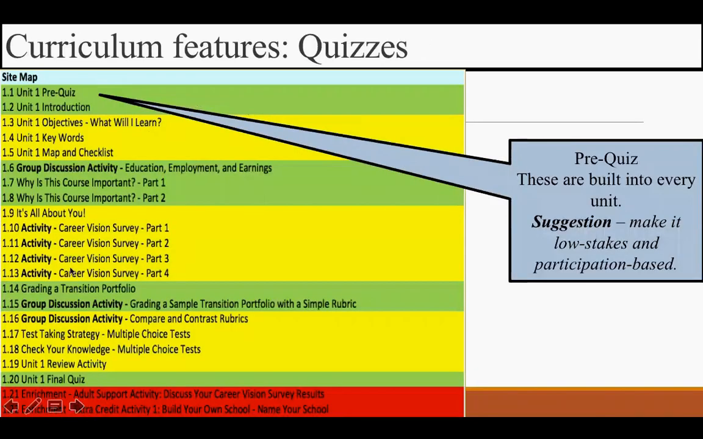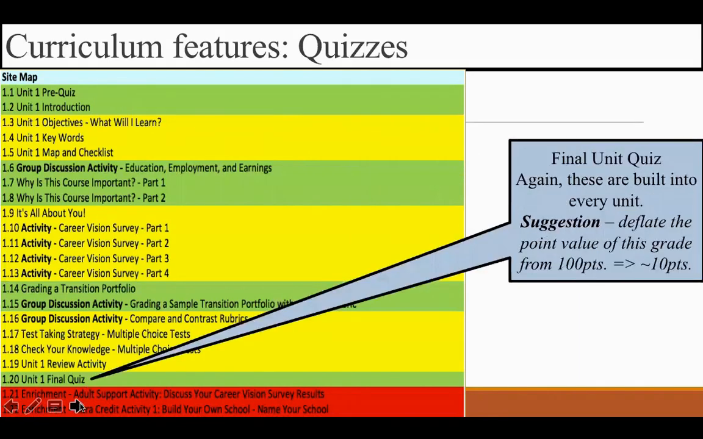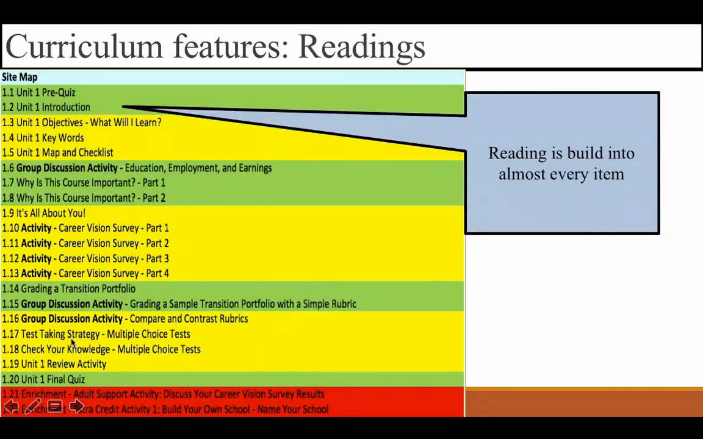Okay. You'll also notice when you're flipping through there that there's a pre-quiz at the start of each unit, as well as a final quiz here. And I do have some suggestions throughout this, which you can go and look at when I have my version of this PDF posted online. In addition, there's reading built into almost every item,